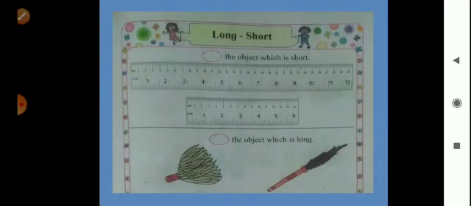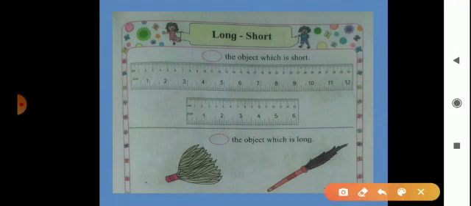Now here is a scale. You can see this scale. It's the first and then this is second. Okay. Now we can see that it has 12 inch. This scale has 12 inch. And the second one is of 6 inch. Means first scale has a length and the second has no length. Means it's long